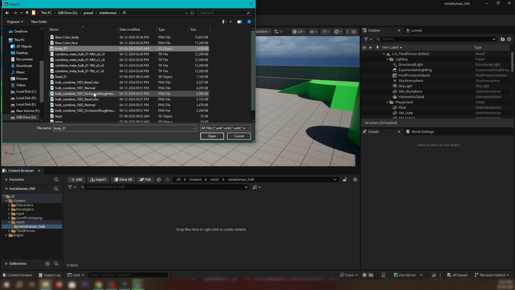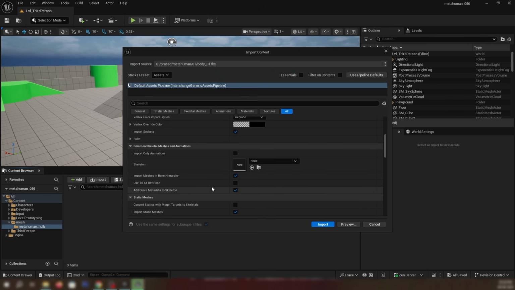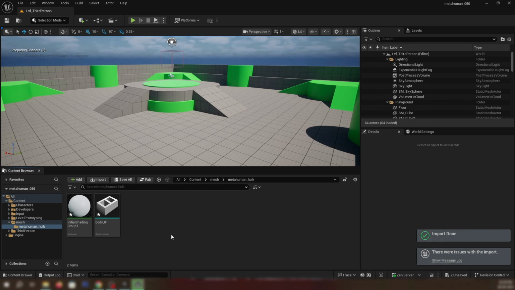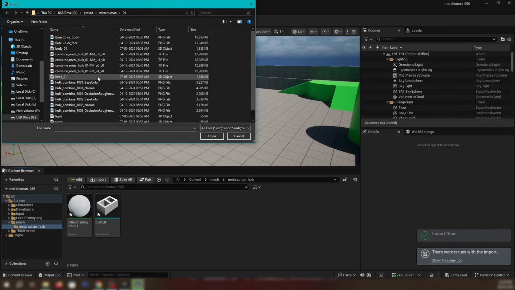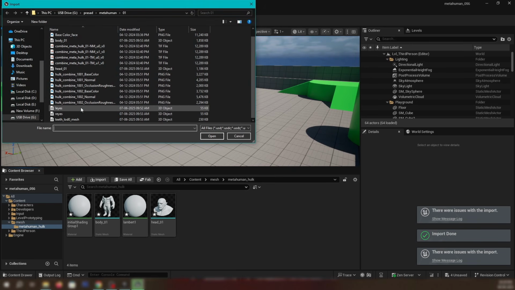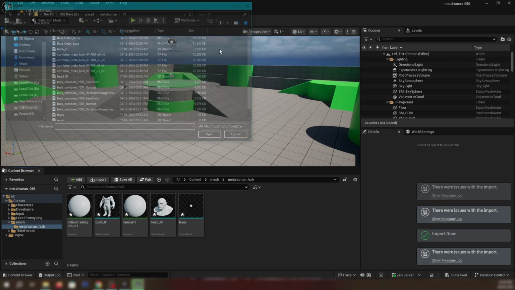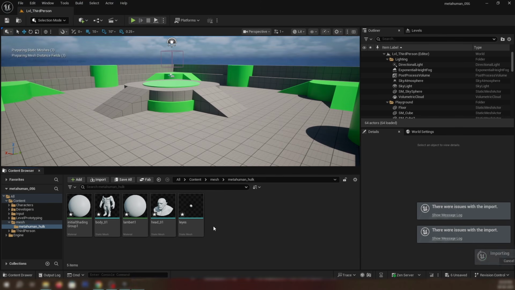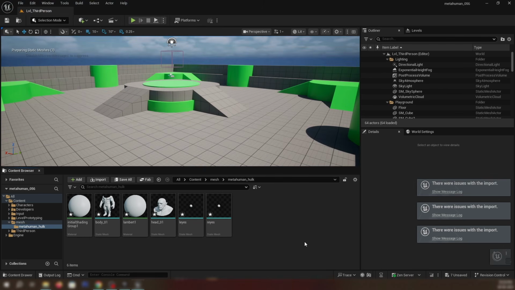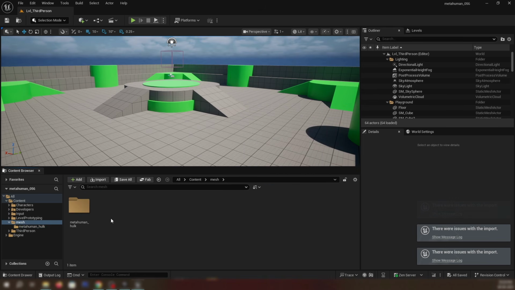So here I'm going to import a body mesh. This is the custom body mesh which I sculpted in ZBrush as per the topology of the MetaHuman mesh as the body, and this is the head mesh of the same. So we need to add the head mesh, body mesh, the right eye and the left eye, then the teeth. These are the basic requirements of this process. So first you have to clear it out with the custom character. So here we have all the meshes that we need. I'll save it once.